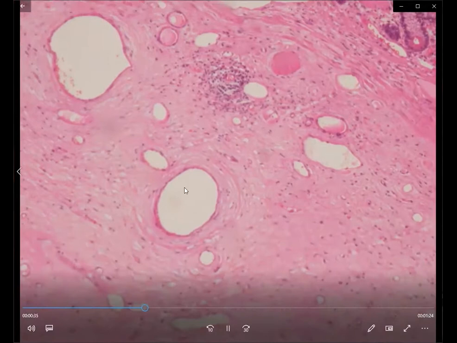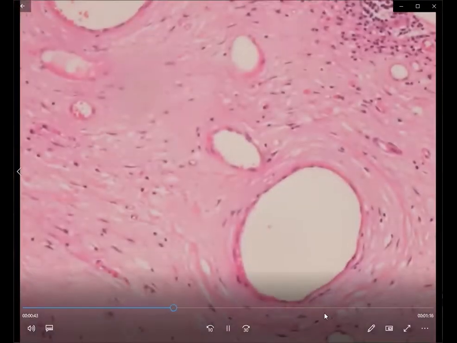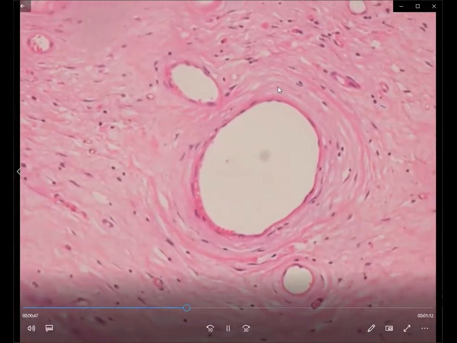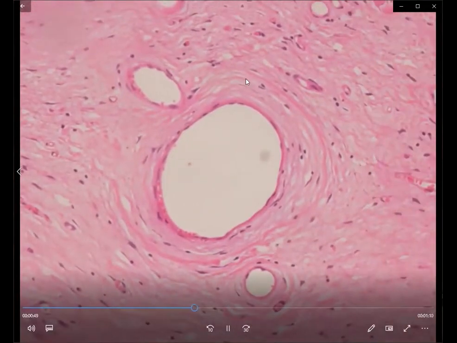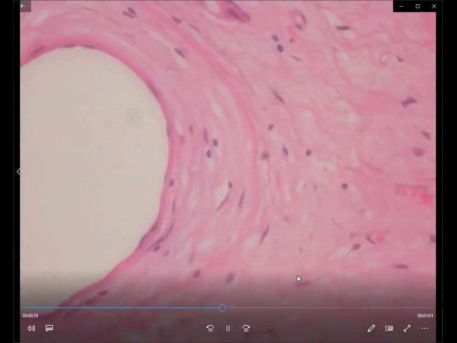And in addition, we have certain vessels where there is an appearance as if the stromal cells are going in a concentric fashion around the blood vessel. So here, like we say, for the onion skin appearance, the vessels are also showing a little onion skin appearance, and these mesenchymal cells go in a concentric fashion around the vessels. So this is one of the features that we usually see in these cases, but this is not pathognomonic, and